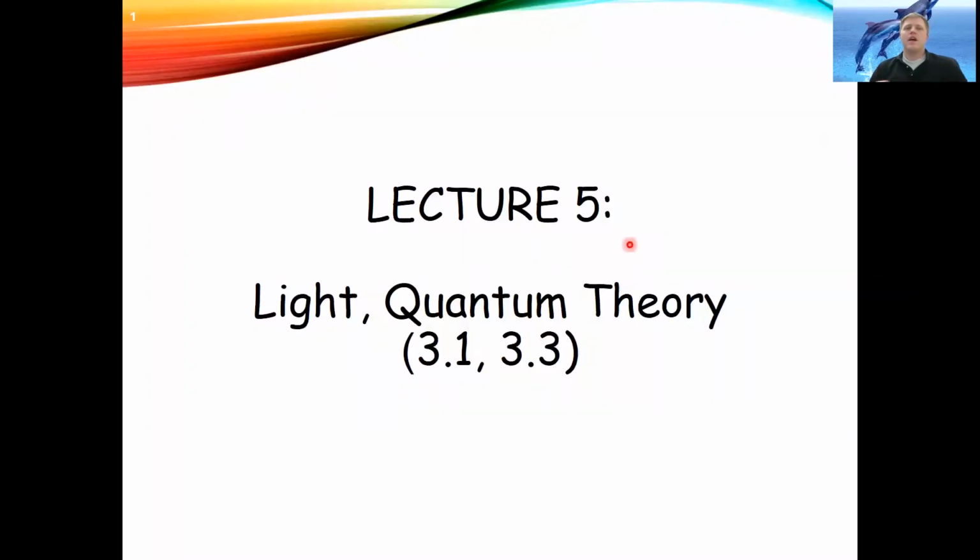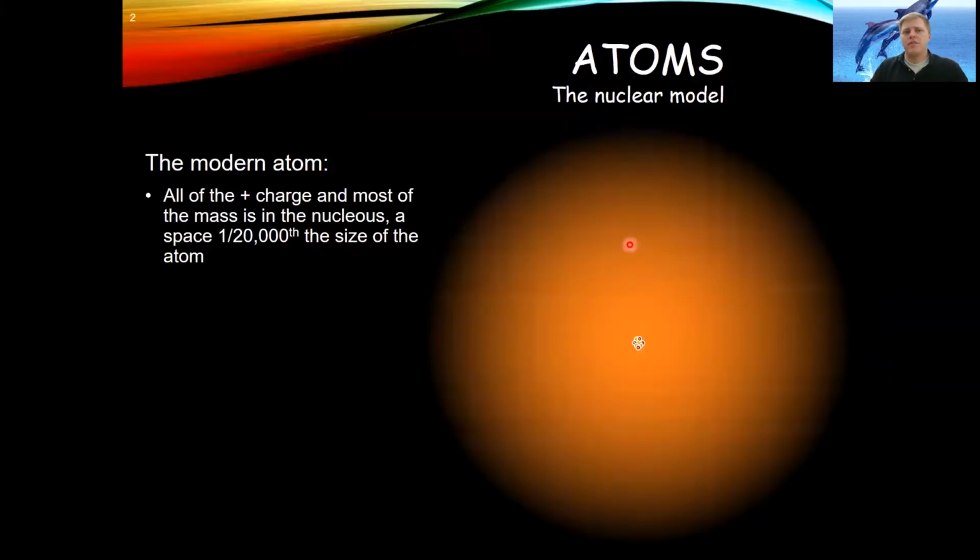This is lecture 5, and in this lecture we'll be talking about light and the origins of quantum theory. Now, I said that we as chemists care about matter and only really about energy when it's interacting with matter. So why are we going to spend a whole lecture talking about light? Well, it's because we're going to need to understand certain properties of light if we're going to understand the atom